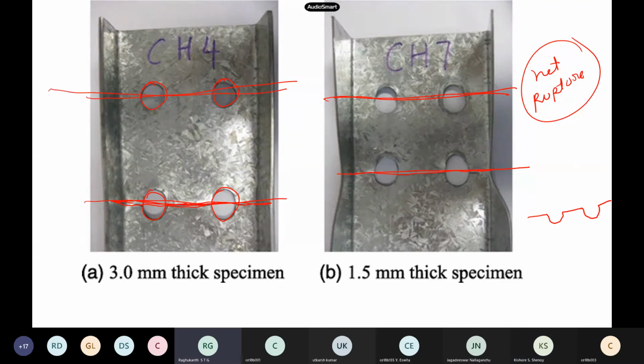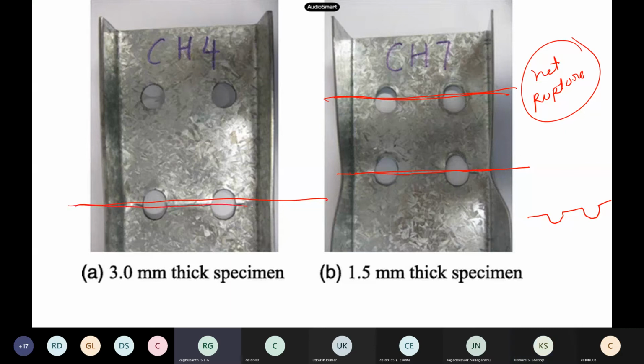It has failed along one section or 4 sections? How has it failed? See how this plate has failed, along 4 or 1? One section only. It has failed along this one only. It has not failed along all 4. So what is the area here? Now you have to subtract, but how many do you have to subtract? Only 2 have to be subtracted.